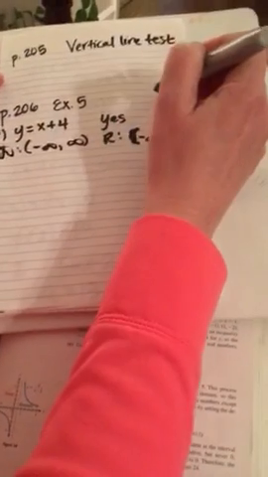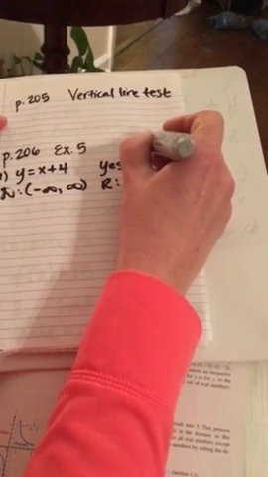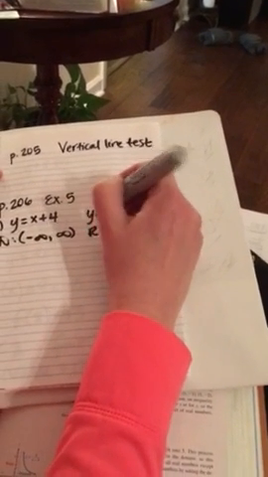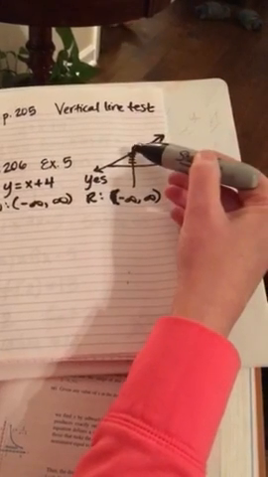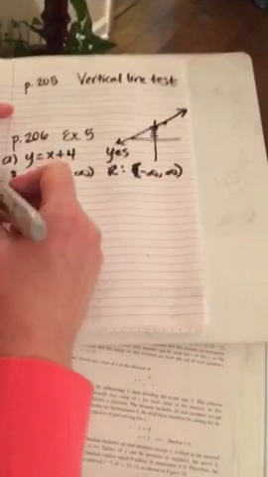And again, if you know what the graph looks like, it's a straight line. You should be able to tell it's a function using the vertical line test. And you can also tell this goes forever and ever this way and this way, range and domain. Okay, B